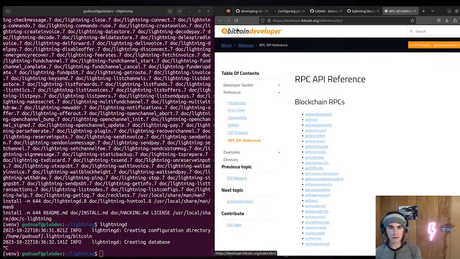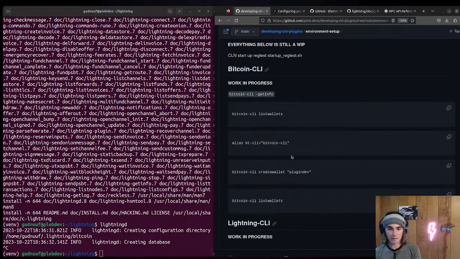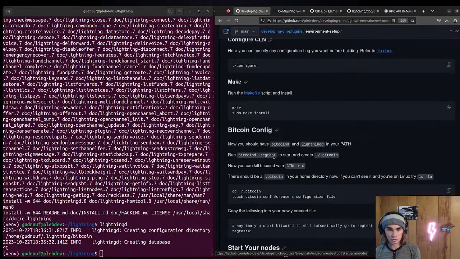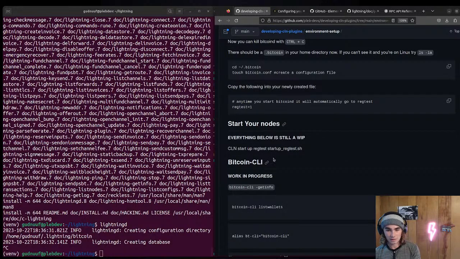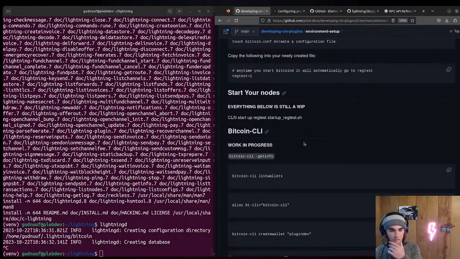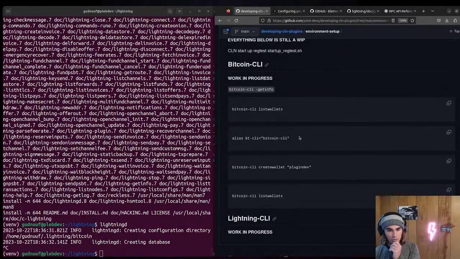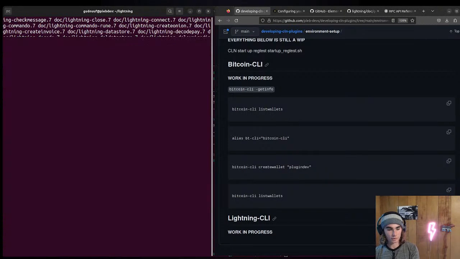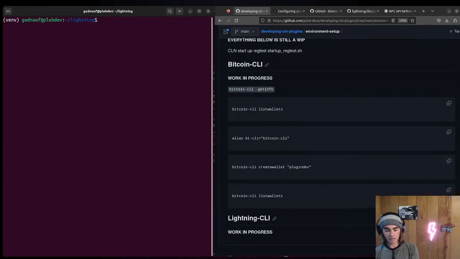So let's go over just a little bit more. I haven't added it to the README here. Everything after here I still need to work on in the README, but we can go through some more bitcoin-cli commands, some lightning-cli commands, and then we'll go through this script that comes